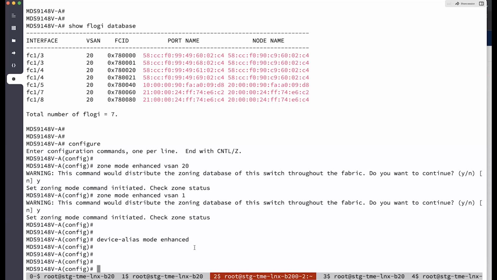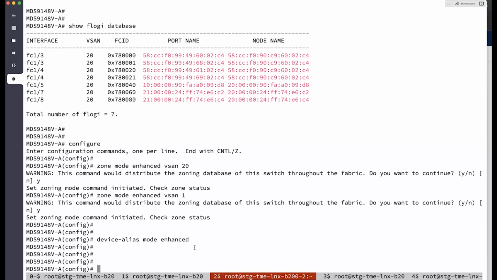And the switch will automatically program the TCAM using the single initiator, single target zoning scheme. So it gives the best of both approaches, which is